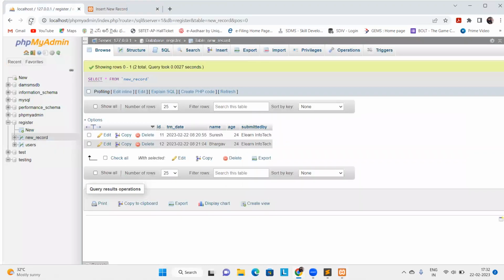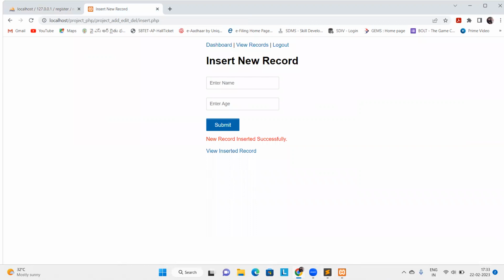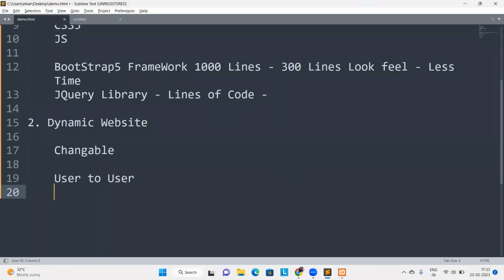If you observe, when I refresh the new records, I see the new names, right? Krishna 23 and testing, and the random name 54 and testing. Testing is our name, the name we are using. So this is how we collect information. If you want to design a website like this, you have to learn PHP, and MySQL is a database language, right? And